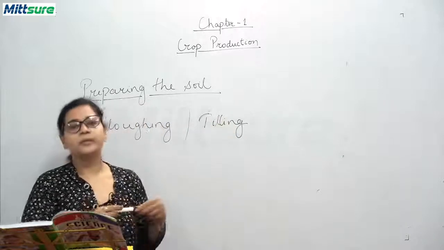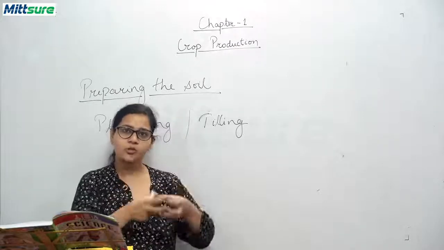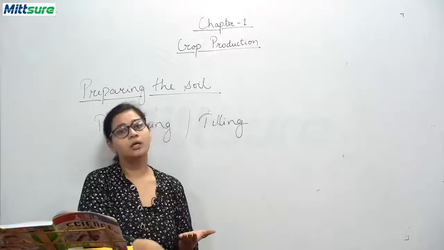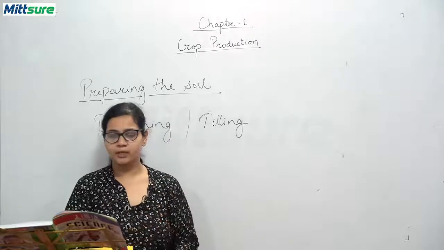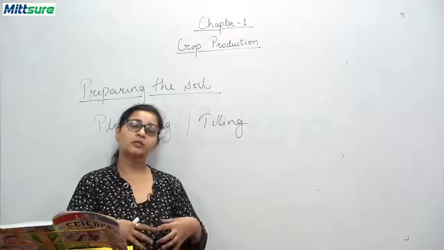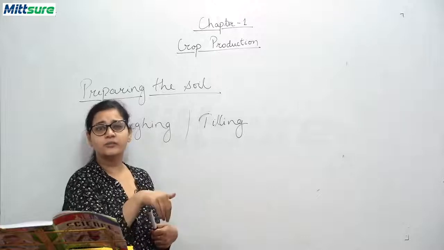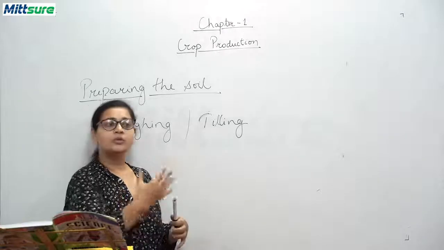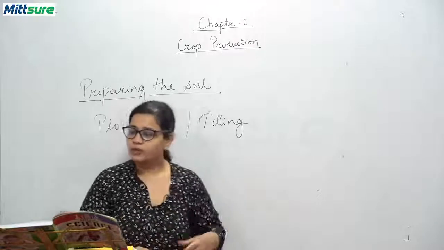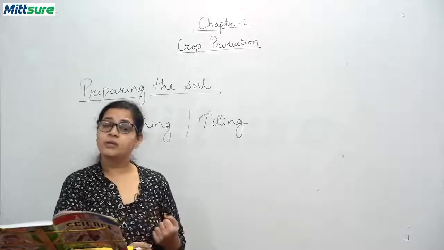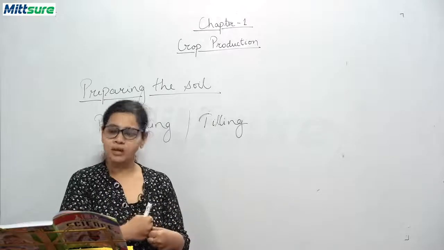Okay, tilling. Now, the benefits of plowing are, it allows the plant's roots to penetrate deep into the soil. It helps the roots of the plant to breathe properly. It also gives air to the farmer's friend. What are farmer's friends? The earthworms and the microorganisms which grow in the earth's soil are called farmer's friends. So they provide oxygen to these farmer's friends also. Fourth, the soil particles which trap air help to get a grip on the plants also.